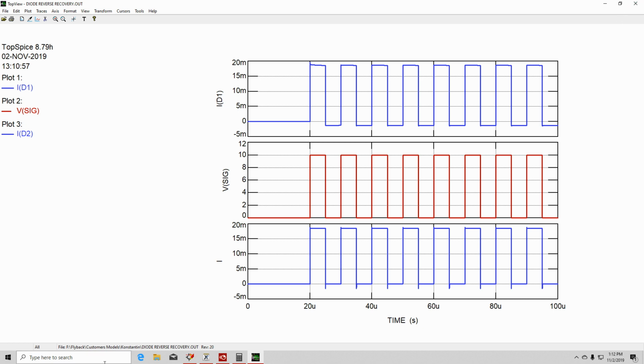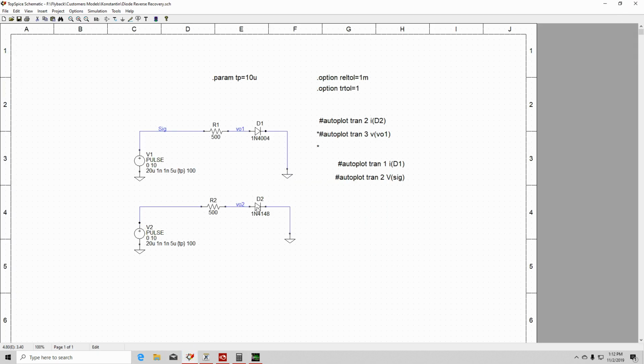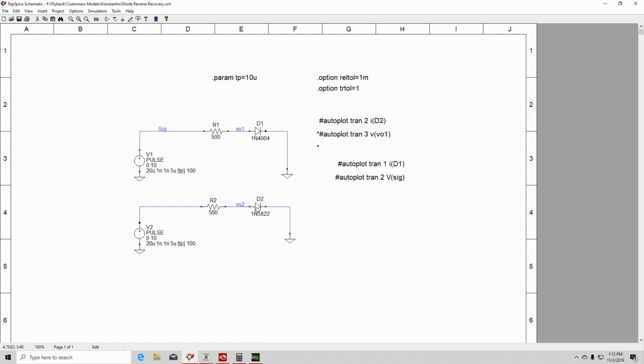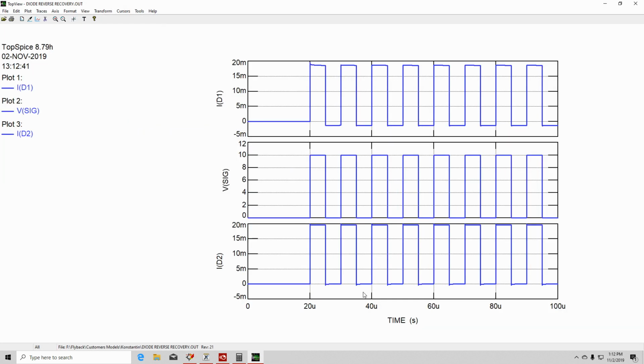So now let's change this to a 1N5822, which is a Schottky diode. I believe they have extremely low or no charge storage or reverse recovery. Let's see if this models that. And let me go ahead and put this at 3. Okay, we'll run it, and if you notice,